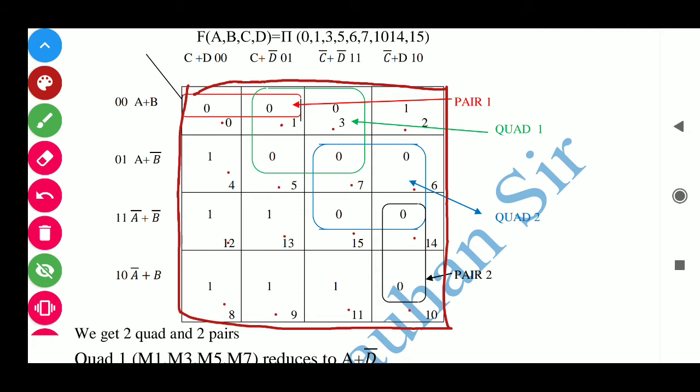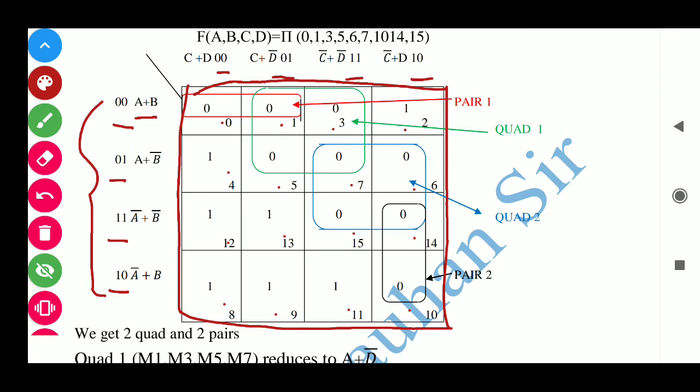After writing this, you write there 0 0 0 1 1 1 1 0. Same way in the column also 0 0 0 1 1 1 1 0. Then you write down the variables in front of these as a plus b, because there are 4 variables. For rows we have taken a, b, and for columns we have taken c, d. So it is just reverse of the SOP, sum of product.